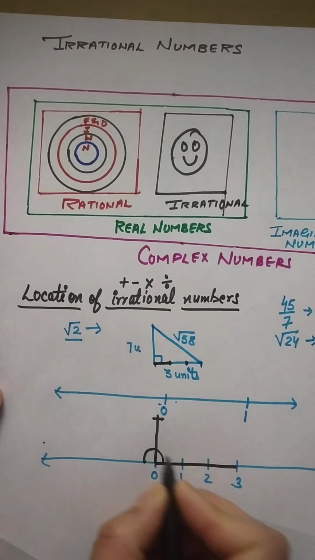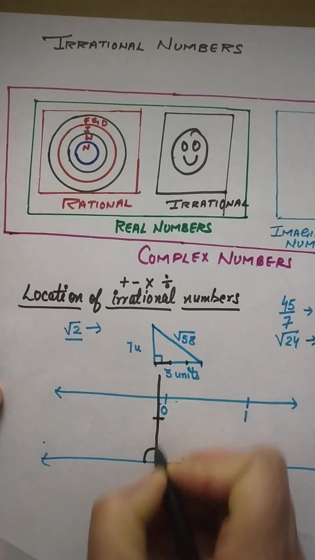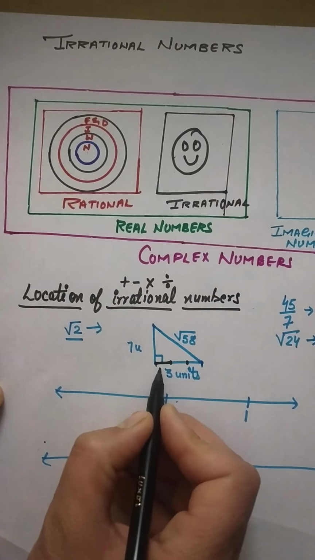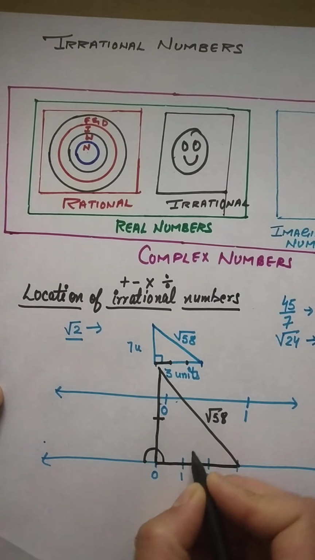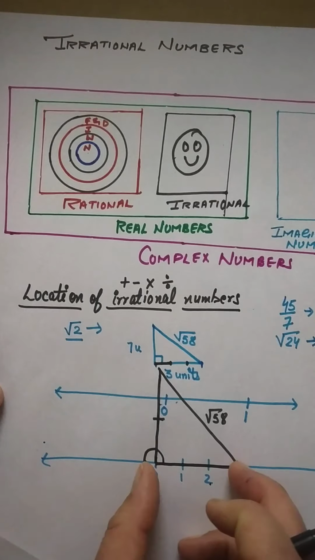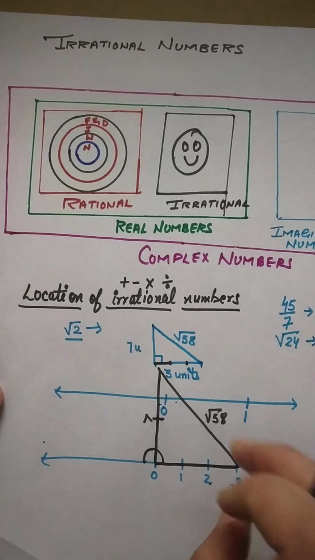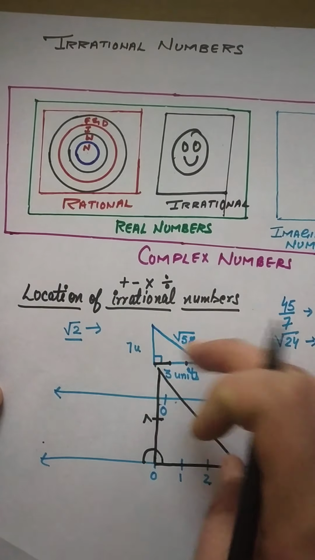I know it's not matching here because the 3 is too big. Okay, so I'm extending it. Suppose this is 7 units. Now this is 3, this is 7. What did you get? You got root 58 of the same number line. If this is 3 and this is 7. Now there won't be any problem because this is root 58 of the same number line. You can simply pick it up and you can mark it.